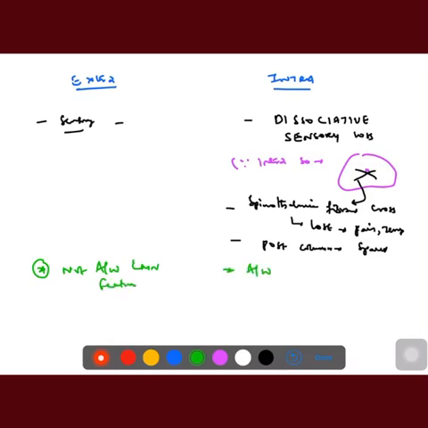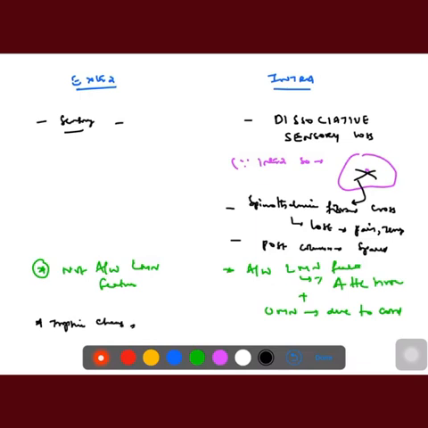Then extramedullary is not associated with any LMN weakness. In intramedullary, because the disease process is extending from inside the cord, the anterior horn cells will be affected. Anterior horn cells are LMN, so it causes LMN features, and UMN features are also present because of involvement of the cord. Okay.